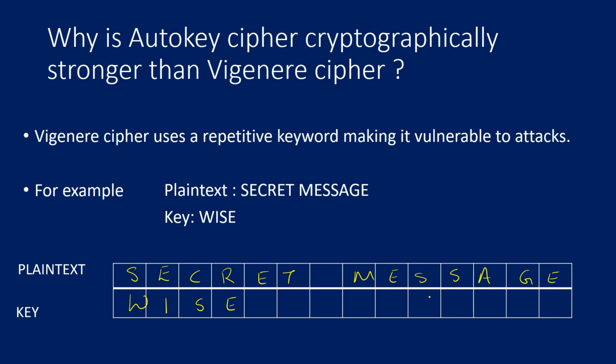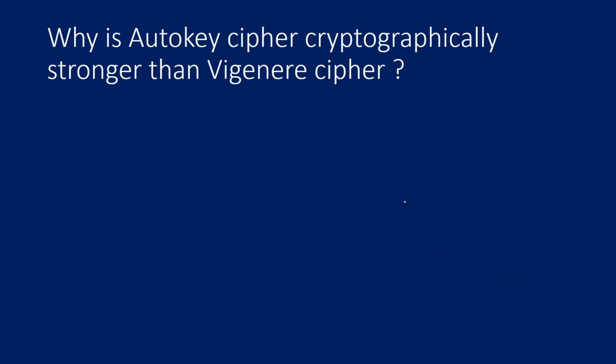So how would we encrypt the remaining letters? In order to encrypt the remaining letters in Vigenère cipher, we repeat the keyword. So the word wise is repeated as long as all the letters of the plain text are covered. Now this repetitive pattern of the key is reflected in the cipher text. So even the cipher text results in letters which are repetitive in nature. The attacker analyzes the repetitive pattern of the cipher text and hence can easily find out what is the key length and the key. While on the other hand, the Autokey cipher avoids the repetitive pattern in the cipher text